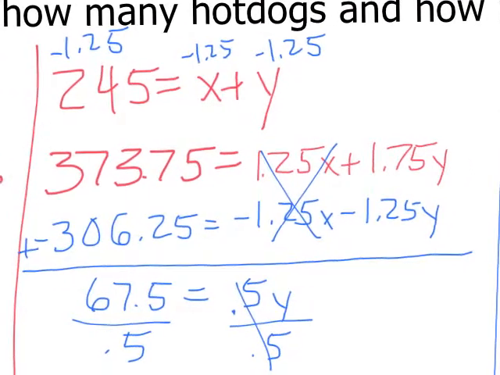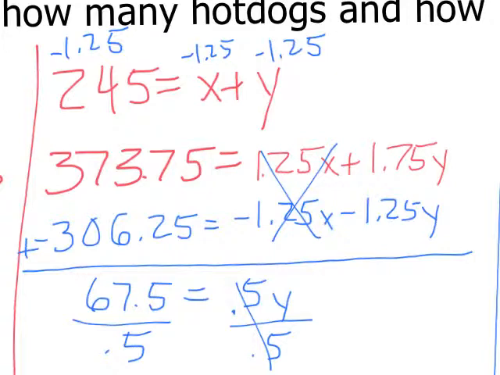So in the red here, you see my two equations. The first one is based off the number of items. So 245, the total number of items, is equal to, I just did X and Y. You may have done H and D or some other variables. X is my hot dog. Y is my hamburger. Then my second equation is based on the total amount of money. So the total amount of money of